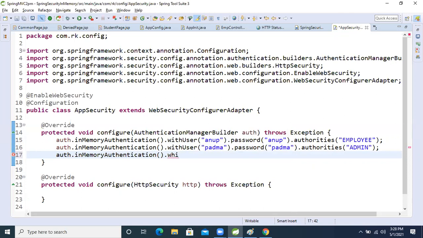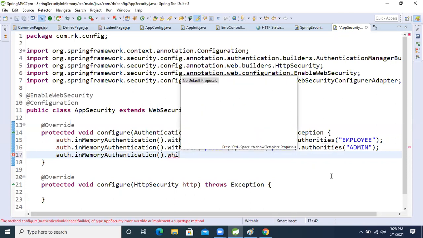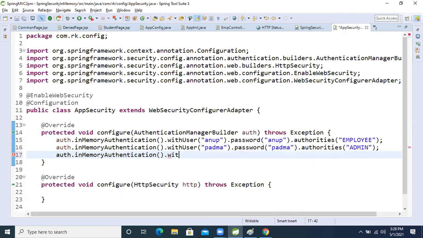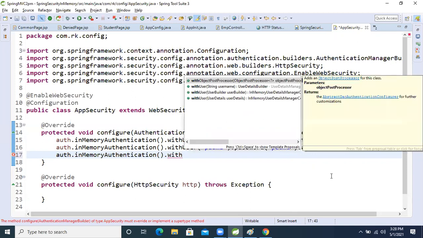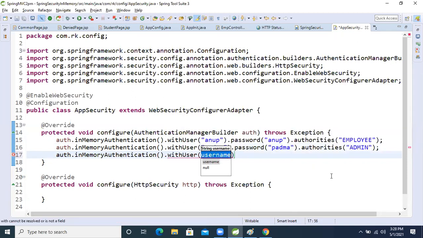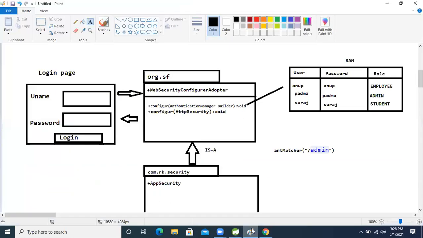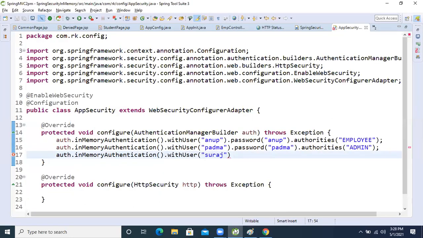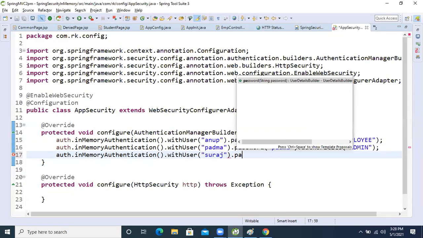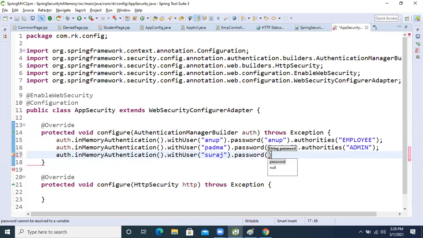With user, right? Another one, with user. Inside that withUser, we will put Suraj. Suraj only. Now the password is Suraj only, right?